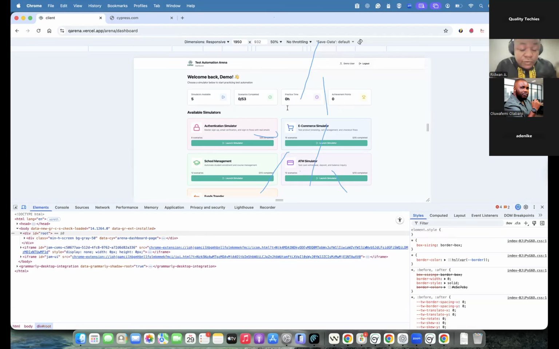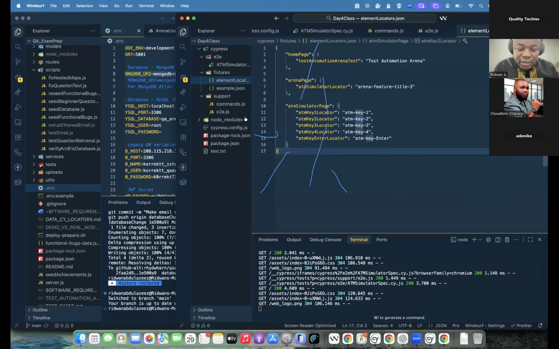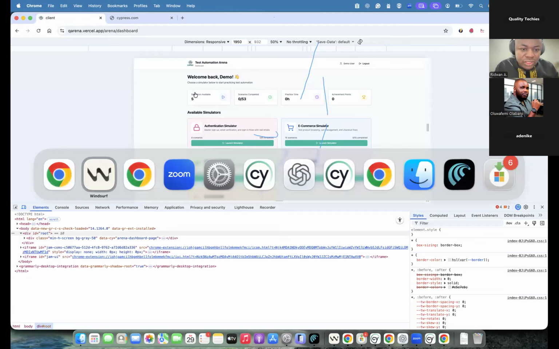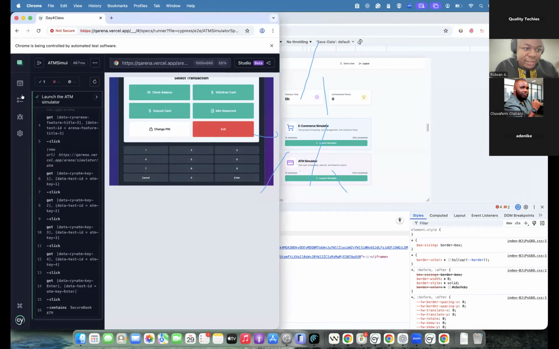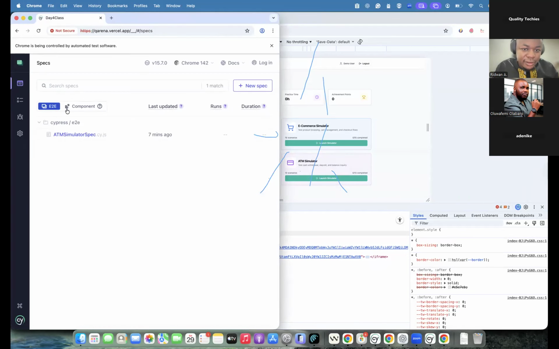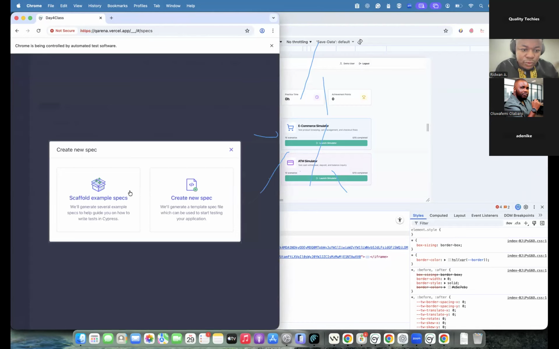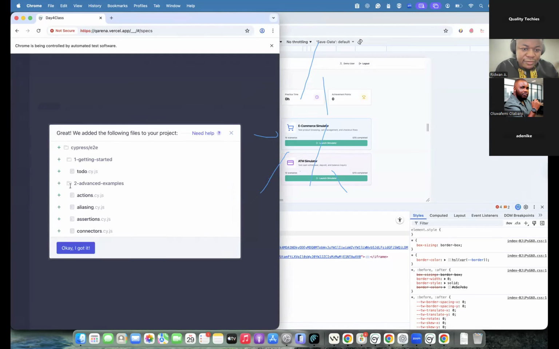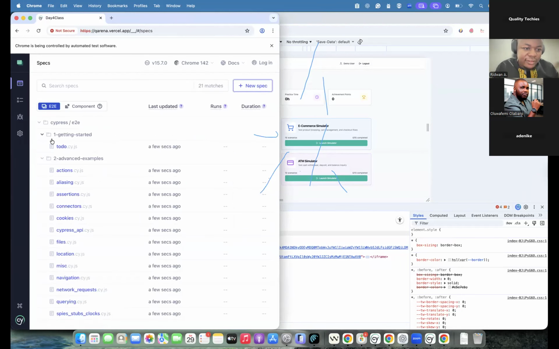And you know that on your Cypress, most of the commands that you would ever need are actually there. Do you know? Not really. So you see this guy, right? I just created a new file, a new spec, right? So in this new spec, if you should come here,